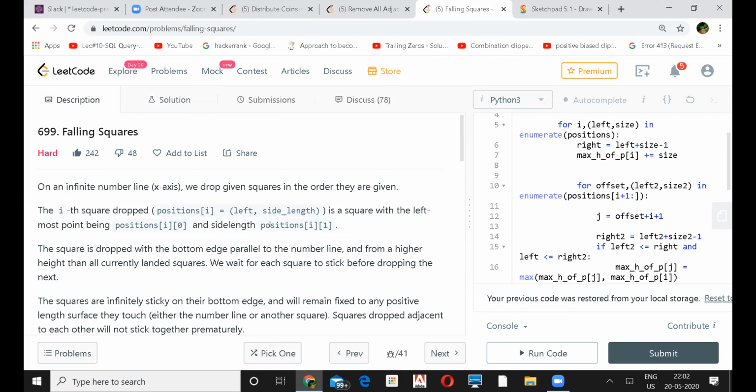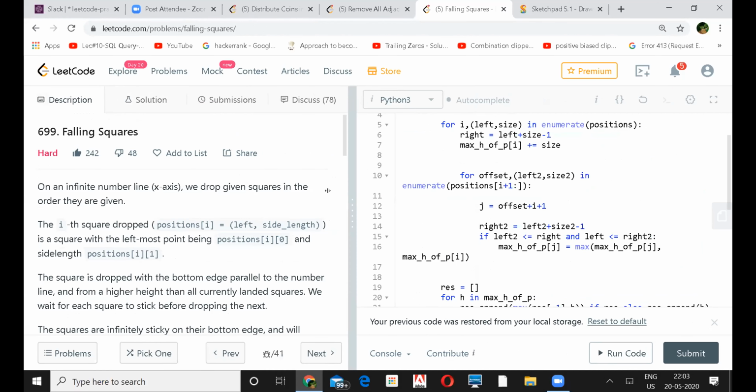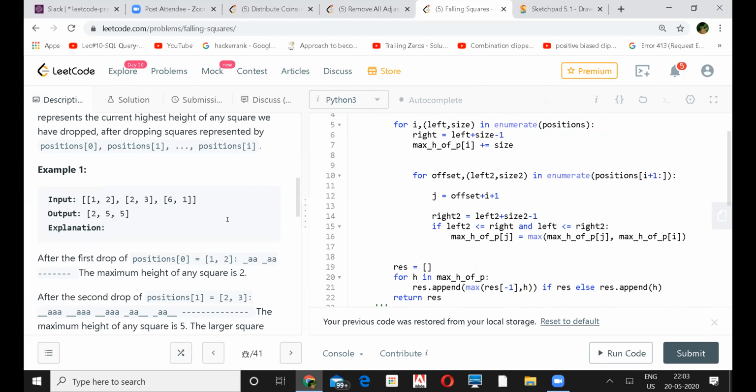I think you discussed merging the intervals. Yes, with the merge intervals kind of a thing, because if you look at the first problem, we have 1 2, right? When you draw it on the graph, it turns out to be 1 3. On the second one, 2 3, when you draw it on the graph, it turns out like 2 5, right? And the third one is 6 2 1. We have the modified coordinates. Is it not similar to the merge intervals problem?